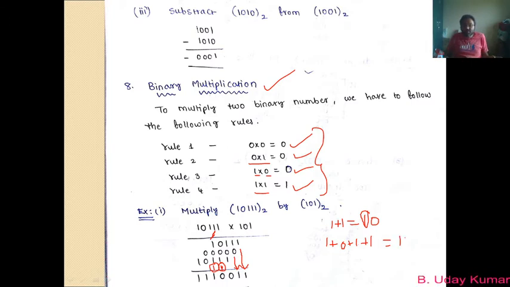So 1 plus 1 becomes 10, and plus 1. This is what you get. Now 10 plus 1 is how much? You know that 0 plus 1 is 1, and the 1 in the second column is written as it is. So 10 plus 1 is 11. Remember, this is not ten, this is a binary number, 10, which is pronounced as one zero.